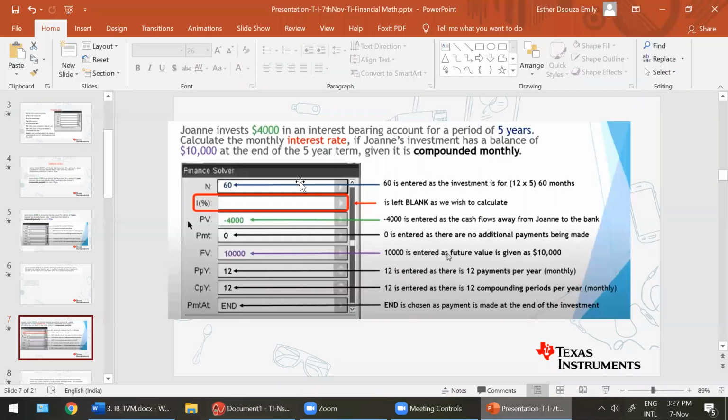First, let's understand what we are going to type and where and why. Because you are compounding this monthly, right? So when you're compounding monthly, you have to convert 5 years into months, because your number of payments is going to occur monthly over here. So even if you knew all the other variables, but you did not know n, then your answer would appear as monthly here. So be alert to that fact.